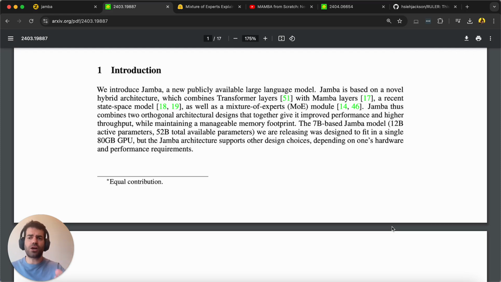Okay, it's not just the physical ability of the model, it actually provides quality outputs as well with that. So let's start with the introduction, which is really just providing a background for all the things that are important to understand the architecture. Okay, so again, you can see that Jamba is a hybrid architecture, combines transformer layers, Mamba layers, and mixture of experts models. Okay, so essentially we need to kind of understand all three of them and what the upside and downside of each of them